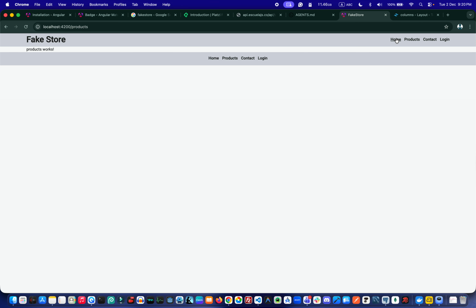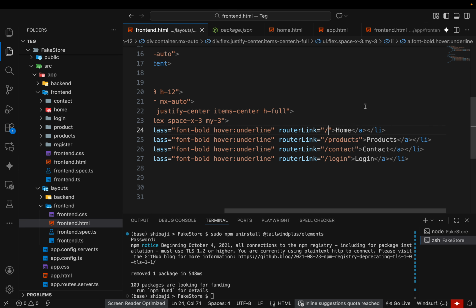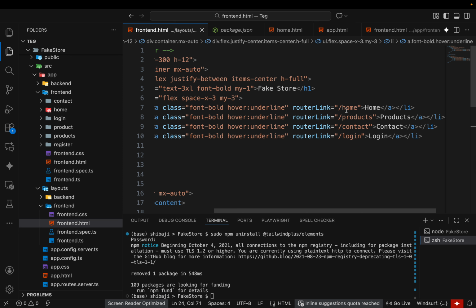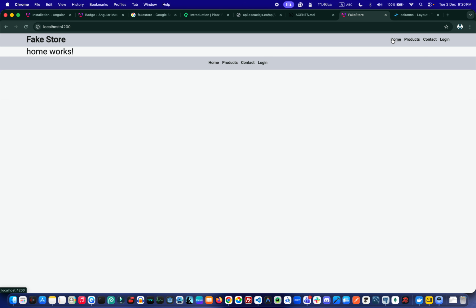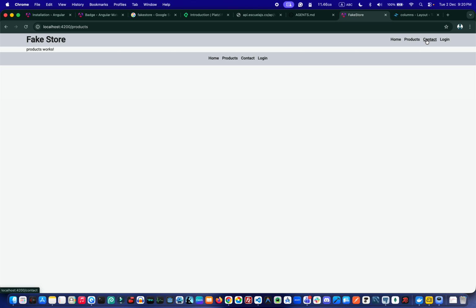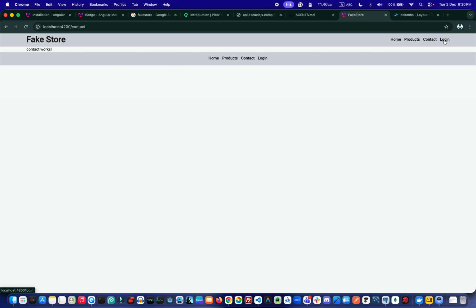Okay, so once refresh. Okay, so this is the front end. So here home, product, contact, login. Every page is showing here. Okay, so this is the basic